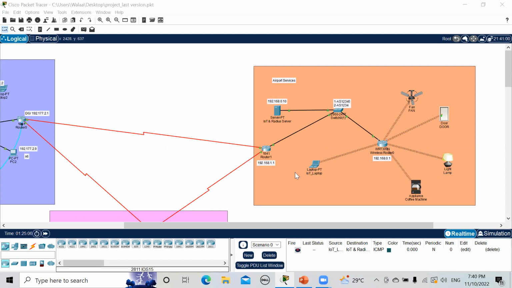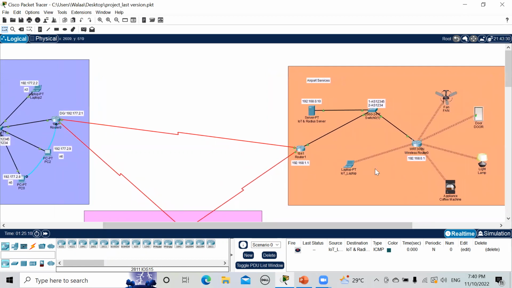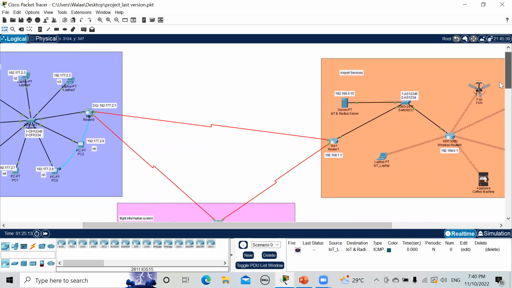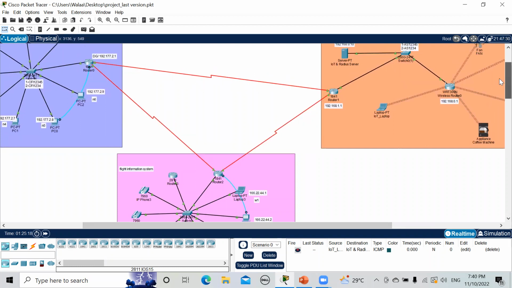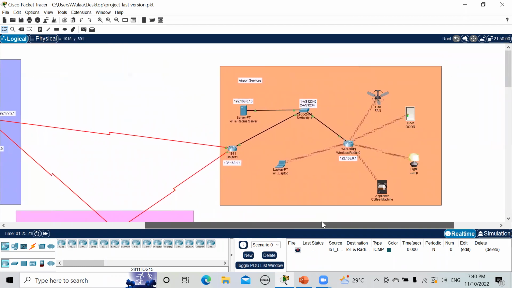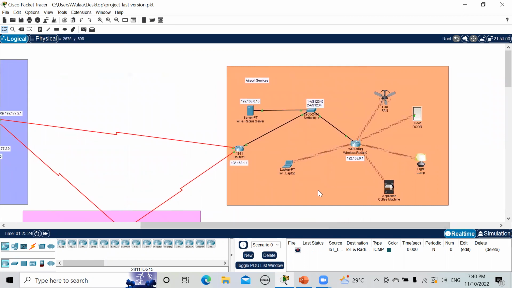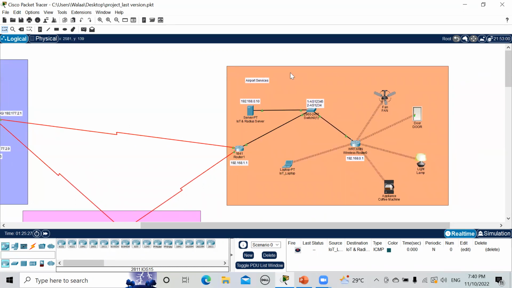Okay, so let's move to the third network, which is airport services. This network is public, so I forgot to mention that we cannot send an email to this network. You can only send an email between these 2 networks, the flight information system and the coordination of flight information. Okay, so here we have the server. All of the devices